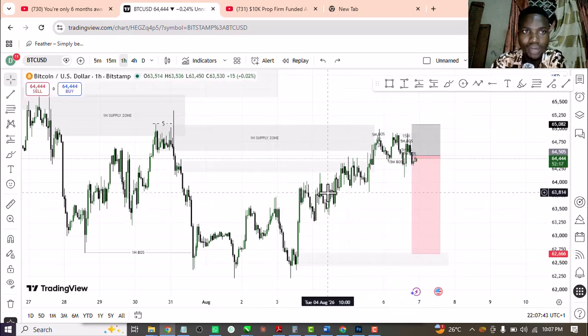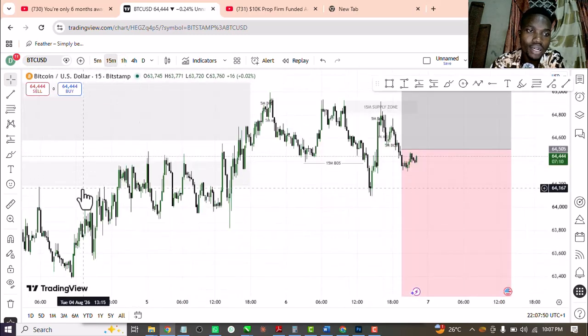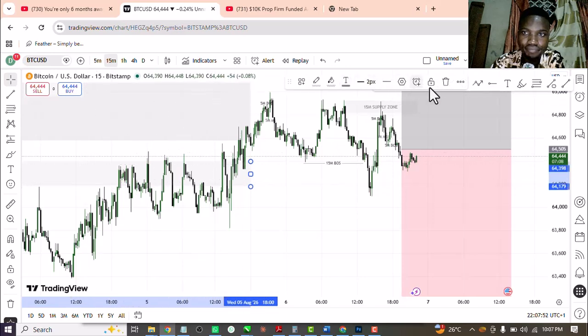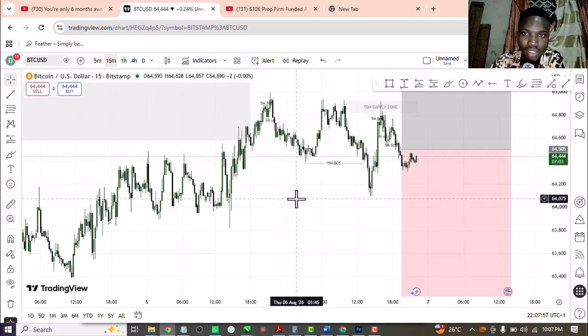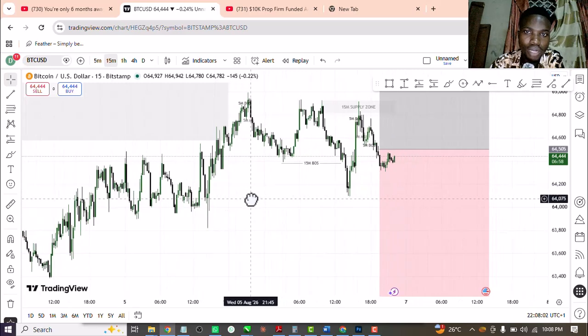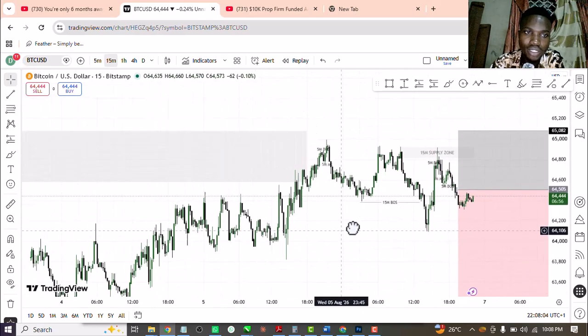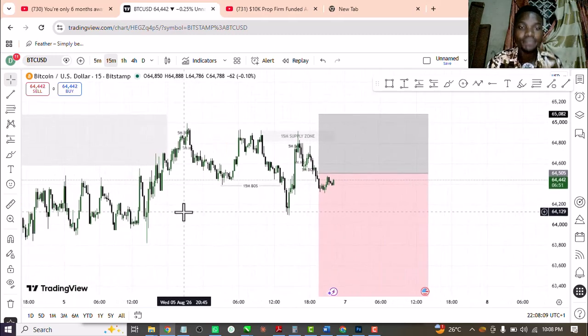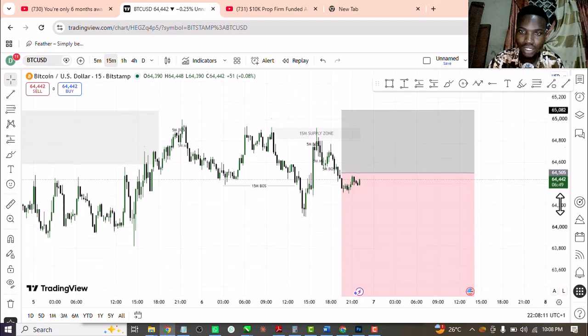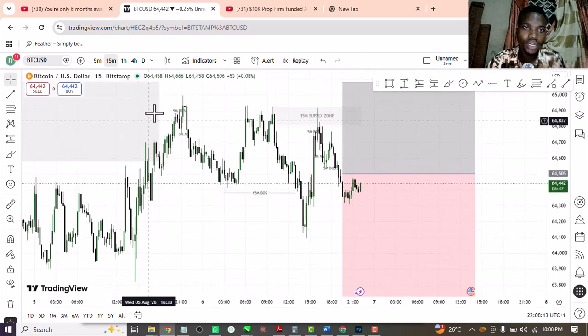So today, what are the confluences that I observed before I entered this trade? I went down to 15 minutes, and I observed something. You can see that currently this is the 1 hour supply zone. Let me just zoom my screen. I observed that this is the 1 hour supply zone, although I even went down to 5 minutes,